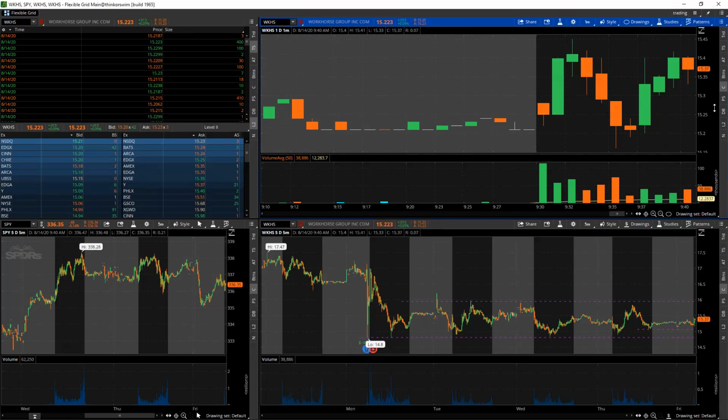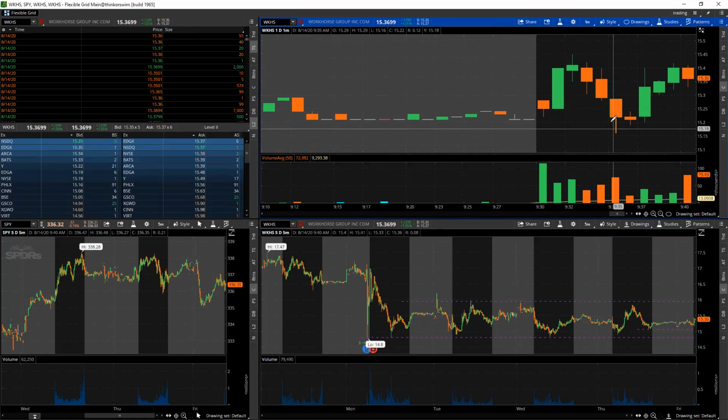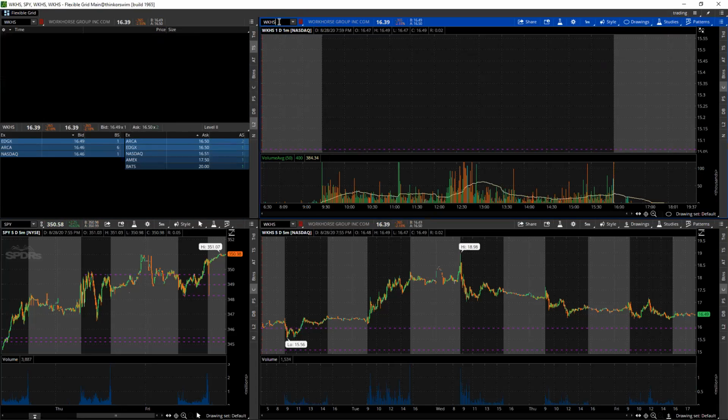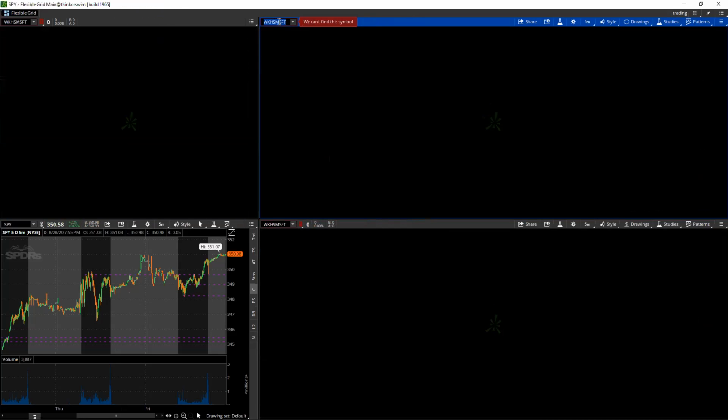Okay, so you get a full bounce back. This type of fake out happens all the time. The wick fakes you out, you get in, but you should be out the second it doesn't close below. You take a small loss, you keep going. This happened to me on Monday, I think on MSFT. Let me see. This type of example happens all the time on all types of stocks.